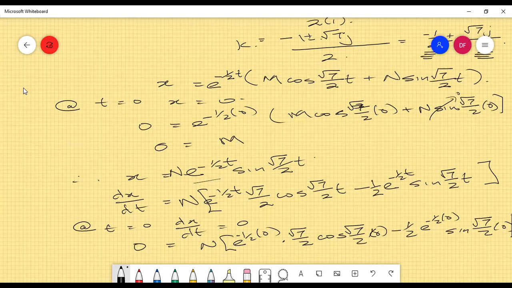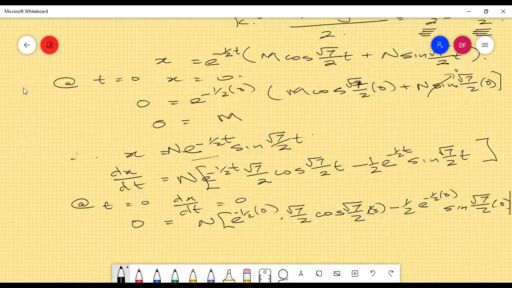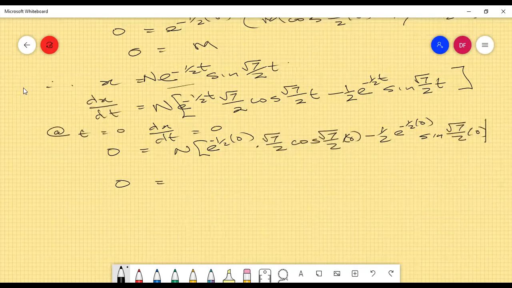So 0 is equal to, e raised to the power of 0 is 1, so that's n times 1 times root 7 over 2. Cos of 0 is 1, times 1, minus a half times 1, sine of 0 is 0. So we're going to get 0 is equal to